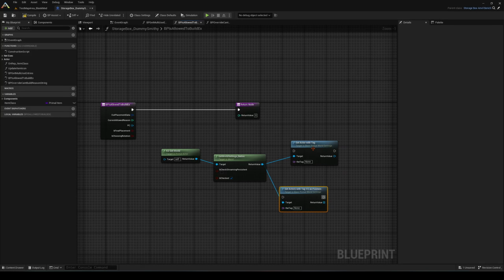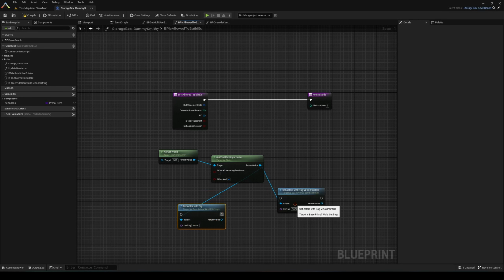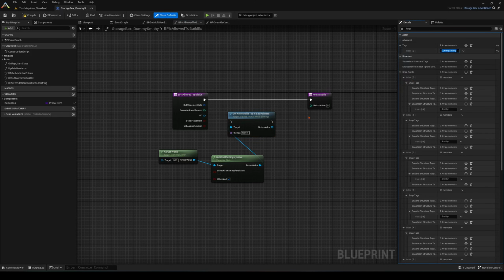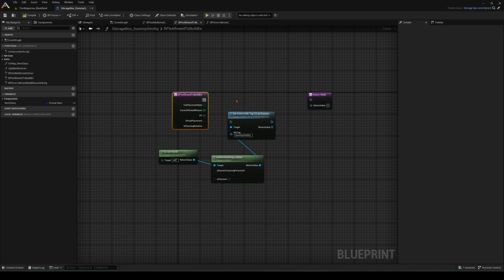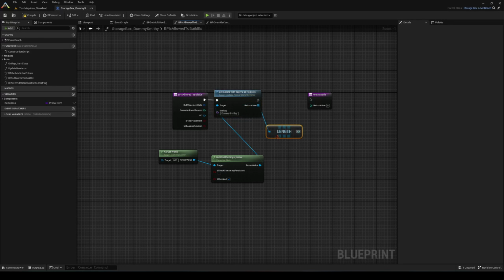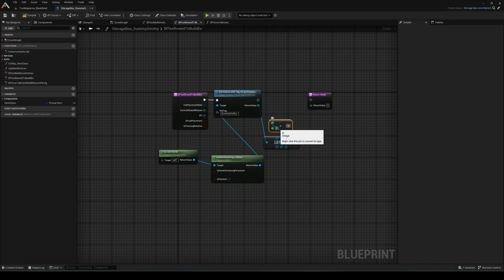And the only difference is this one returns one actor, and this returns an array of actors. So since we want to know how many are placed, we want this one, and we'll put in the name of our tag. And this will be every instance of the structure. Well, we just need the length, so we know how many there are. And if it's, say, greater than 3,